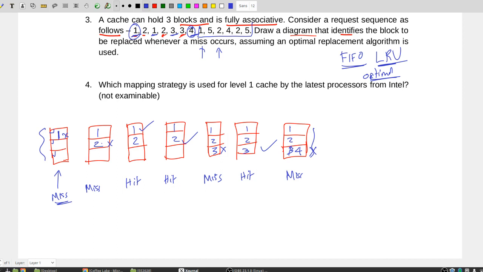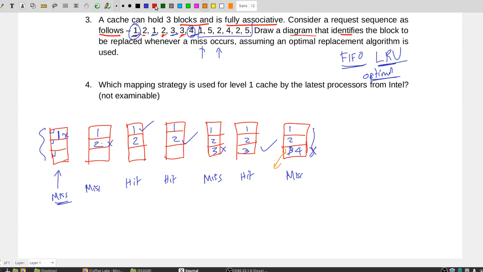And what happens when 3 is evicted from the cache? If a write back scheme is used, you have to check for the dirty flag. If the dirty flag is set, then block number 3 has to be returned back into the main memory. So it should trigger a write operation. Whereas in a write through scheme, you don't have to worry about block 3 at all, because any change that happened to block 3 would have been instantaneously updated in the main memory as well, right? So there is no need for any dirty flag. There is no need to write back the whole block. Okay, but it's not within the scope of the question. I was just mentioning it.